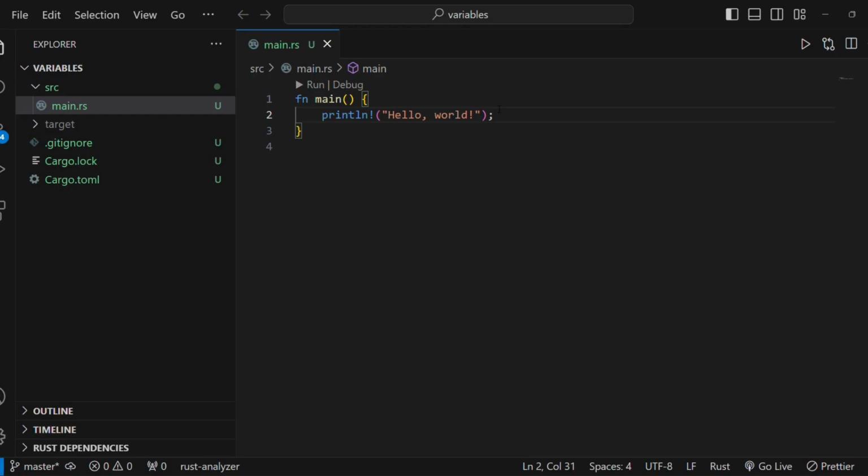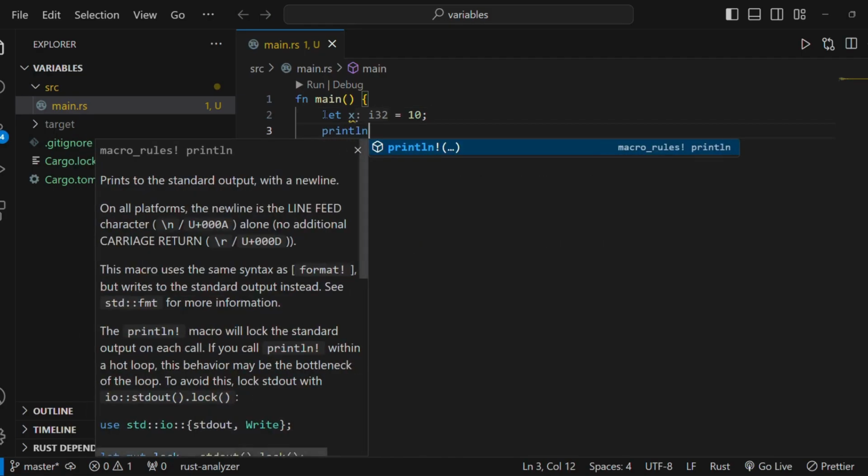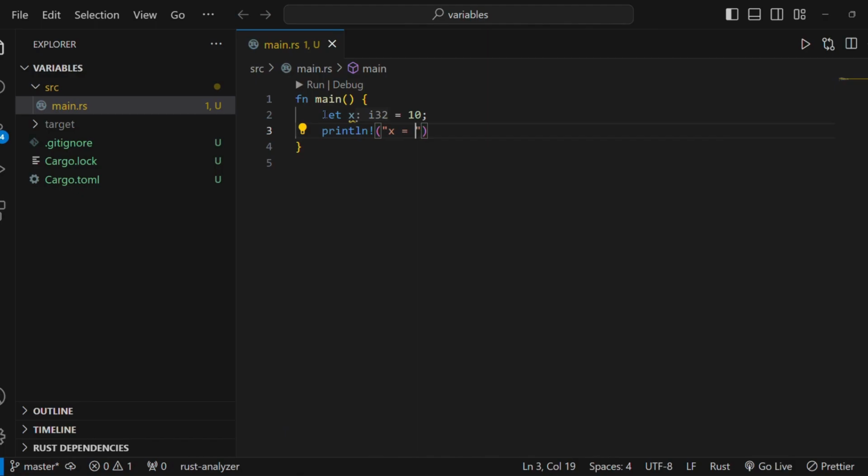Now let's change the code inside the main function. So I will clear this out and type let x = 10;. So here I have created a variable named x and assigned it a value 10. Now let's print the value of x using the println macro. So write println!("x = {}", x);